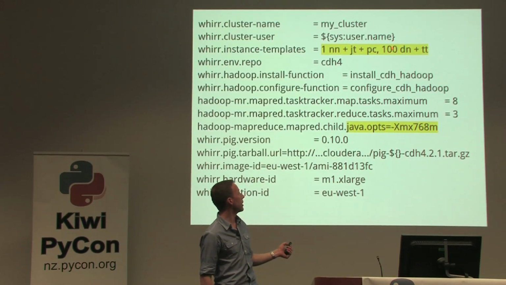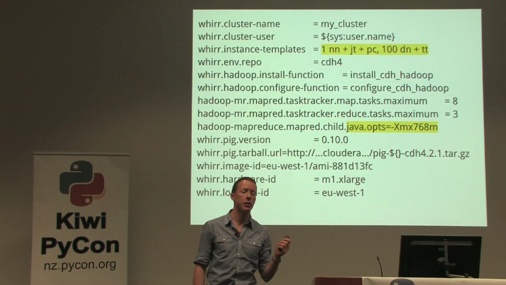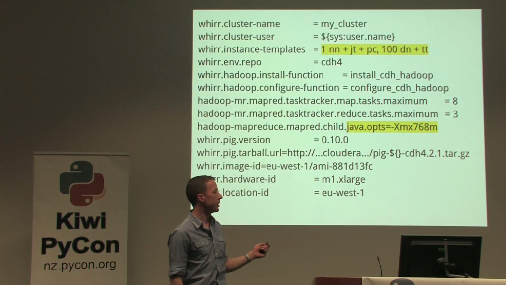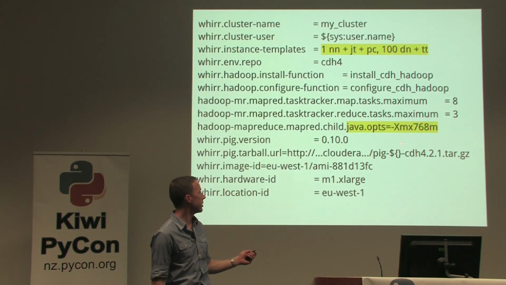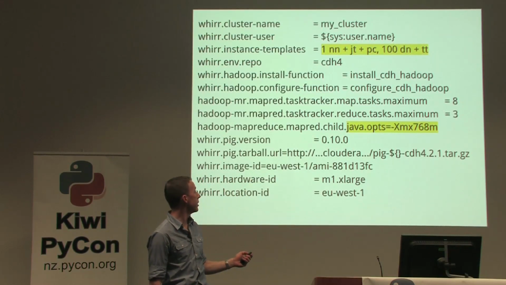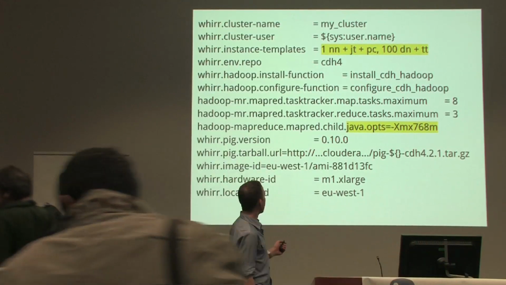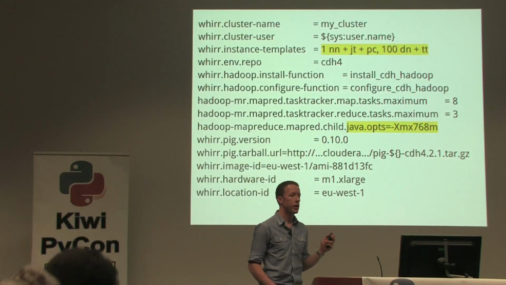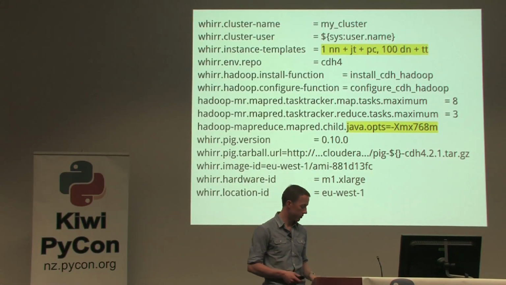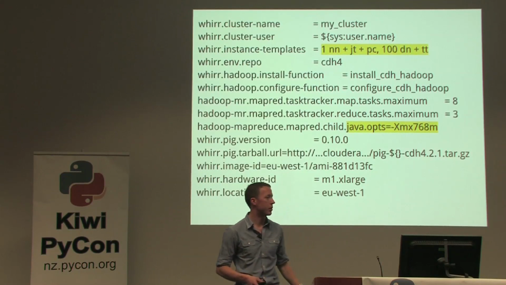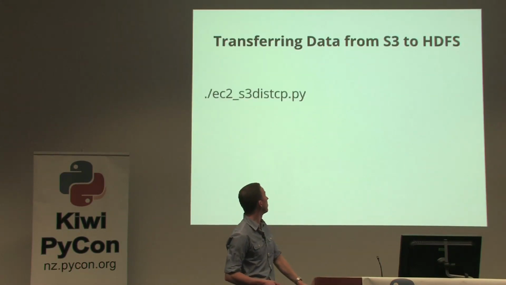That's no problem at all. I've done that 3 or 4 weeks ago. This is incredibly simple, but there are a couple of things you need to know. If you're using cloud instances, you need to tell the Java virtual machine how much memory you want to use. A couple of things like the maximum number of map and reducers, and things like the versions of the software you're going to use. If you can talk to someone who's done this before, that's really trivial stuff, but it can result in a lot of pain if you don't know what you're looking for.